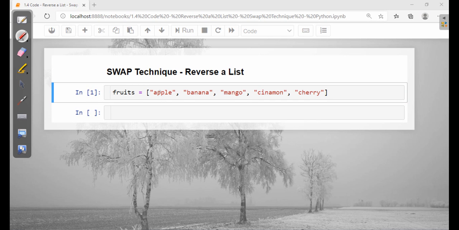Here you can see the indexes 1 2 3 4 5, so the total length is 5, which is odd. If you find the half, it will be 2.5. Since 2.5 is between the mangoes, we can't use that, so we'll use floor division. Floor division takes the lower boundary value and discards the float, so it will have just 2.